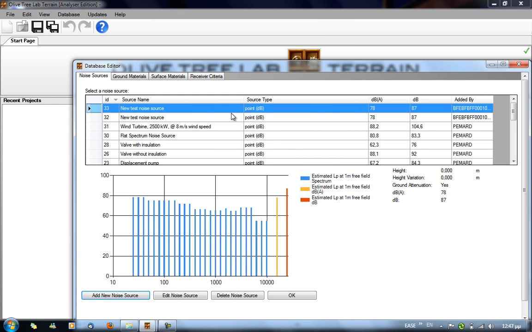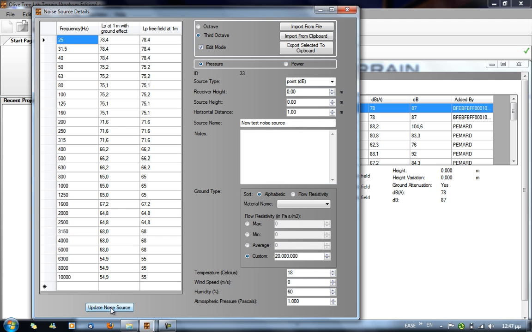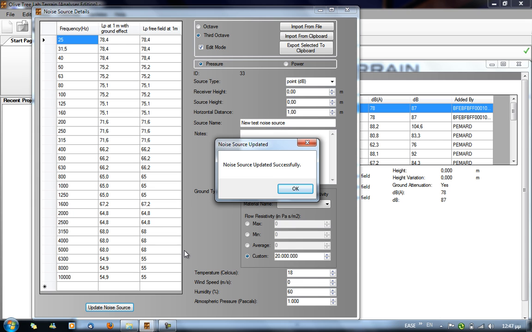If for any reason you need to edit the added noise source, select the noise source and click Edit Noise Source. When the window opens, check the Edit mode to enable editing. When finished, click Update Noise Source. A pop-up message informs us that the update was